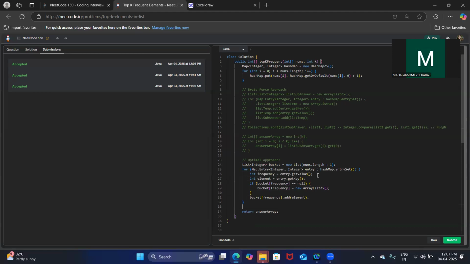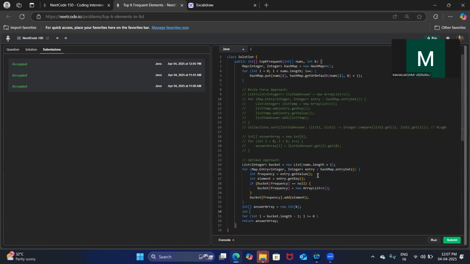That's it. Now we are going to prepare this answer array. Int i equal to 0, i less than k, and sorry, first we need to iterate this bucket array from right to left, right? So i greater than or equal to 0.